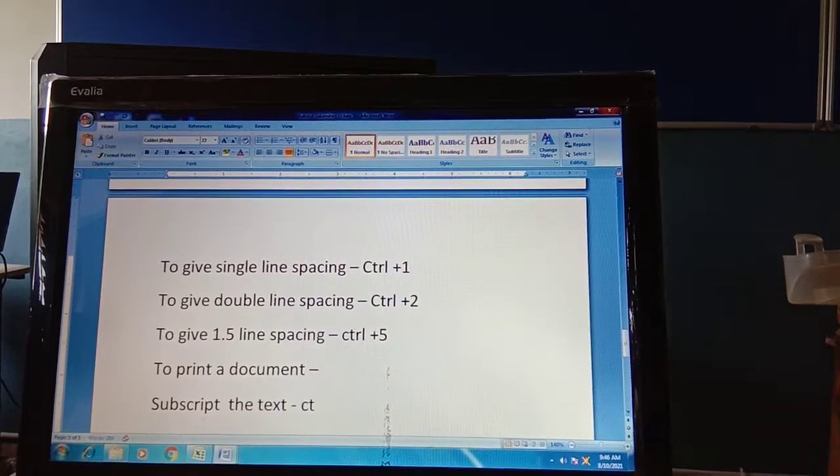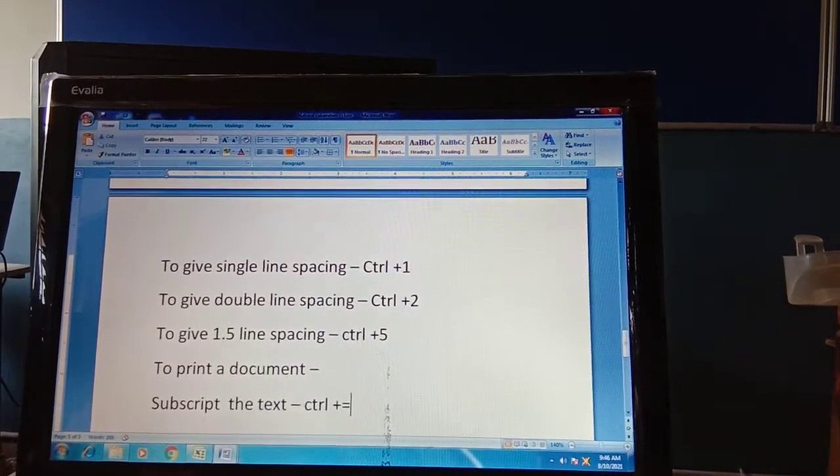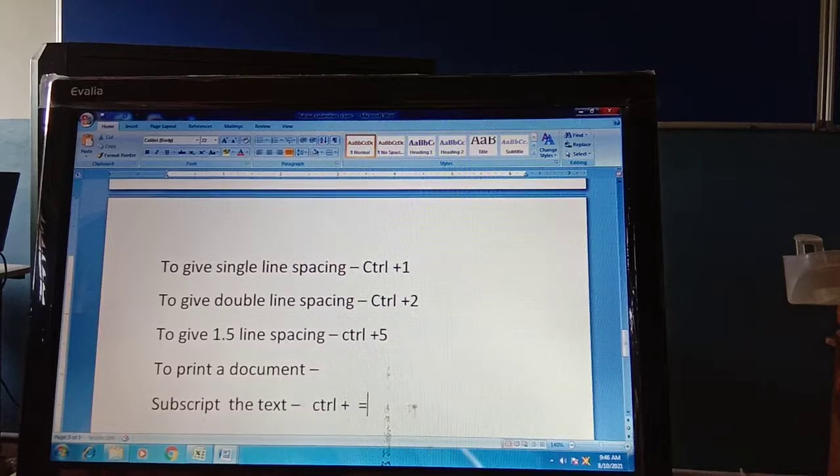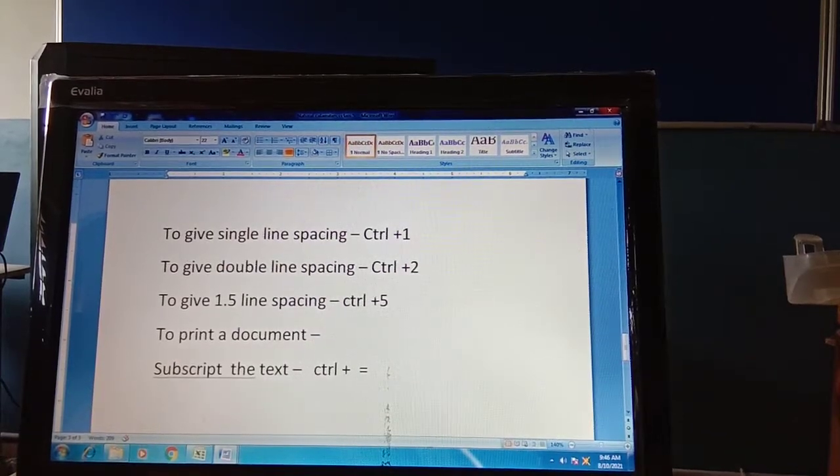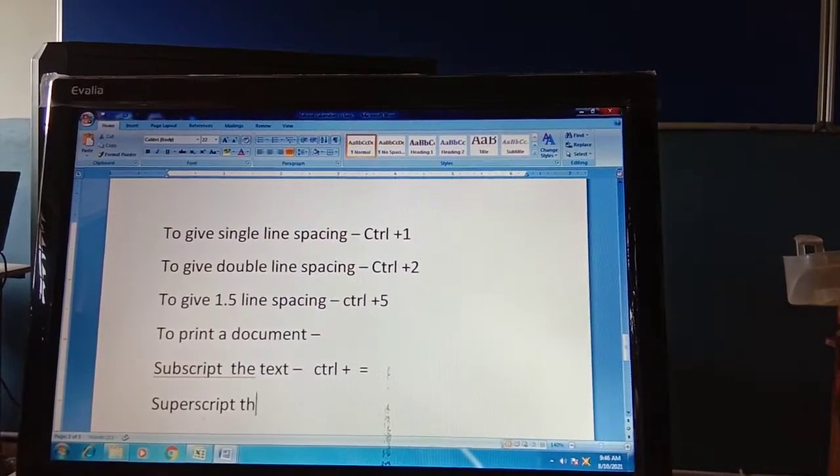Okay, CTRL plus equal to. And for making your text superscript, superscript the text, wait a minute,